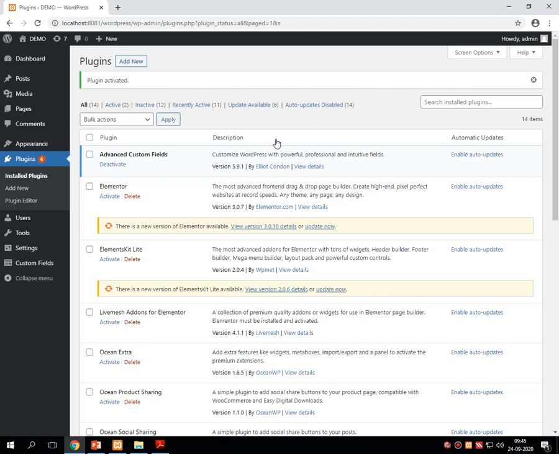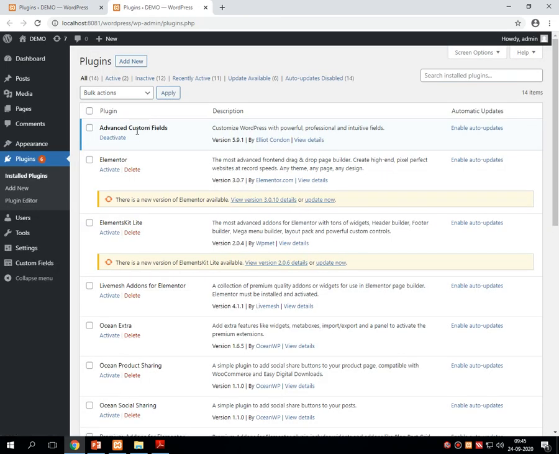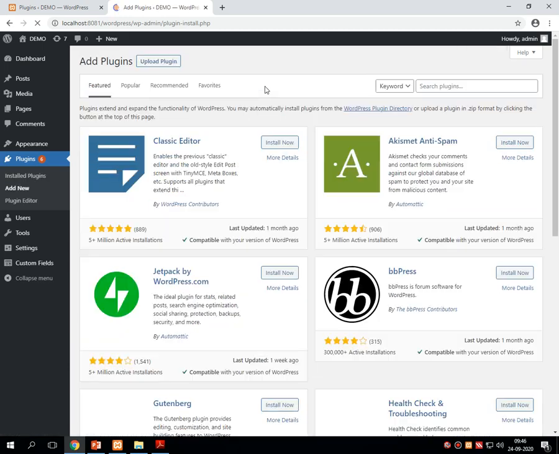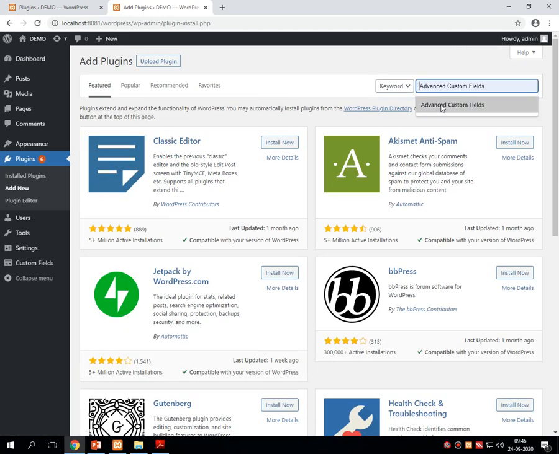Once this is activated and installed properly, we are just going back into the plugin for reading the technical part of this plugin. Add new.